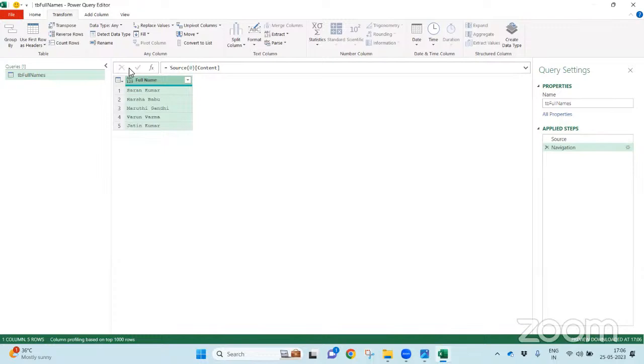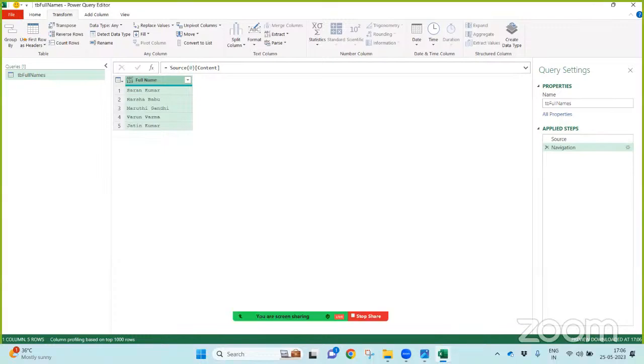If you observe carefully, all the table related transformations I'm finding here. Check it out. If you want, you can transpose your table. If you want, you can reverse your rows. If you want, you can count your rows. If you want to take your first row as a header, or if you want to demote the first row as a record, if you want, you can even do the group by, and so on.